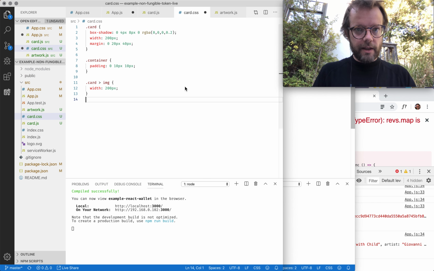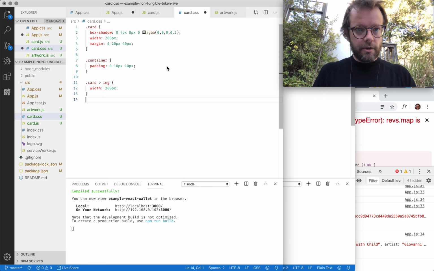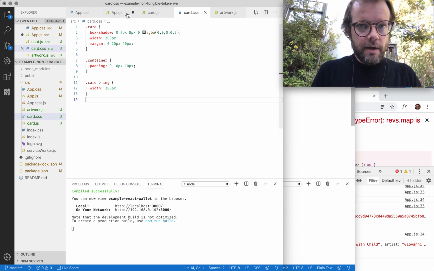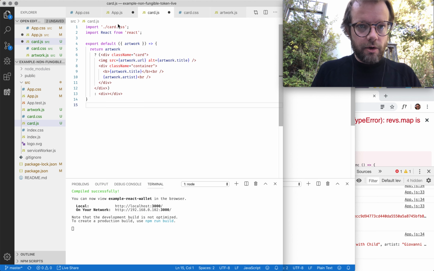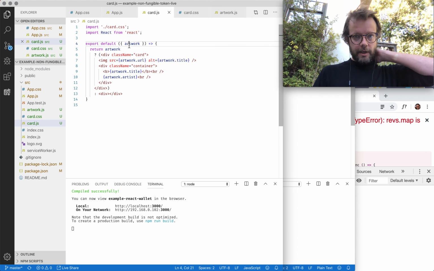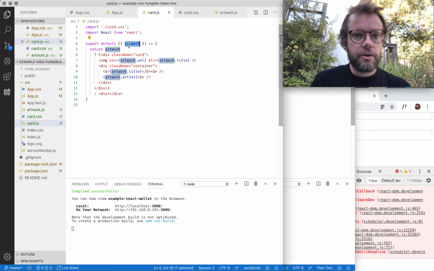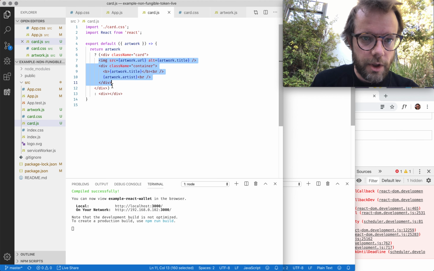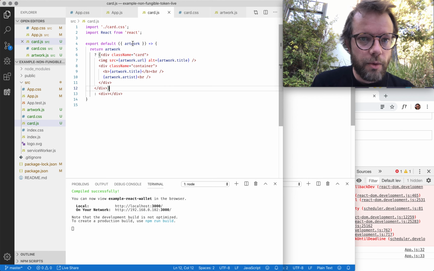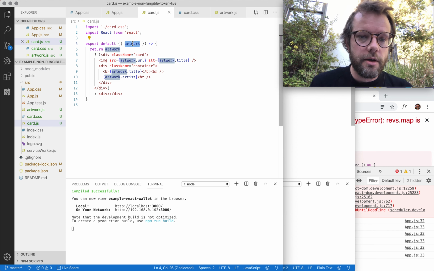So let's quickly add in the CSS here. I don't want to type out this code because it's rather boring. So our card is a functional component. Functional components are functions that accept props as parameters and return JSX, or pretty much HTML. And so what we do here is we're passing a smart object into the React component